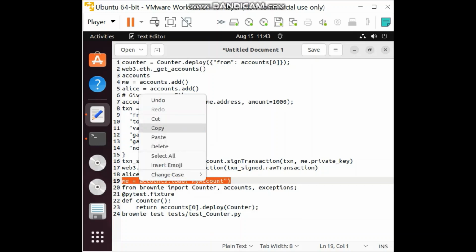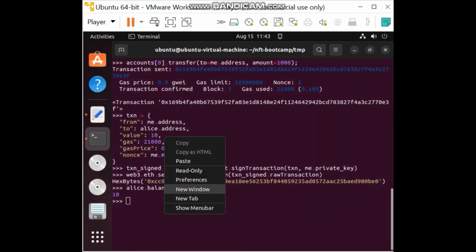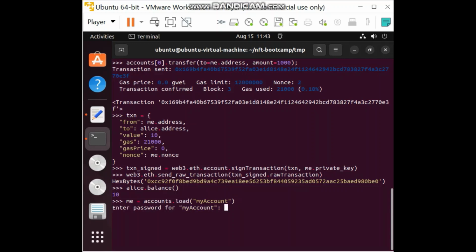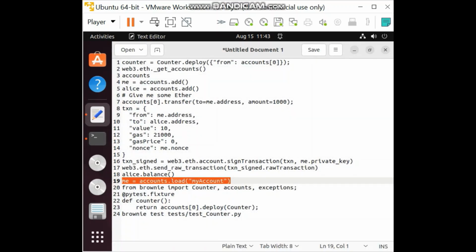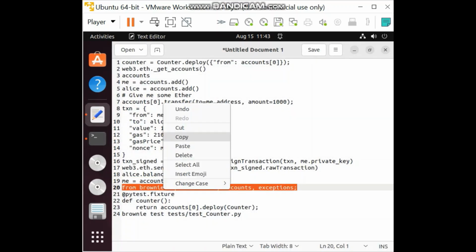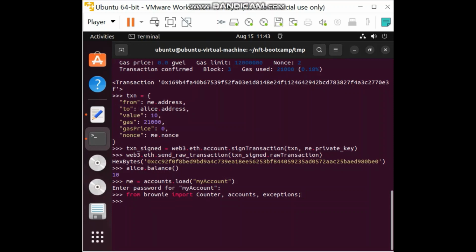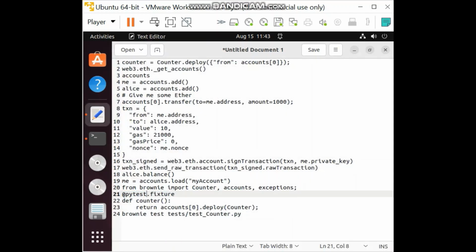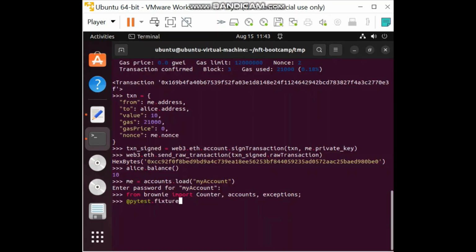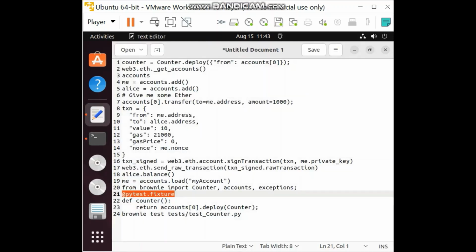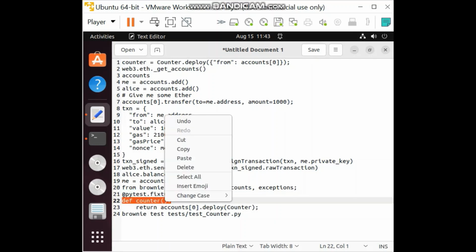Then we'll save the account and load it. Since I've already saved my account with the password, I'll load my account. We will need to enter the password. After entering the password, it will load my account, and then we'll import some functions from Brownie for writing tests for the smart contract. We'll import some things, and then we'll create a Python fixture for deploying the contract that we have. We need def counter,